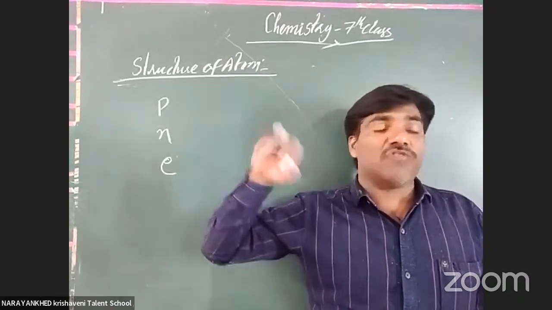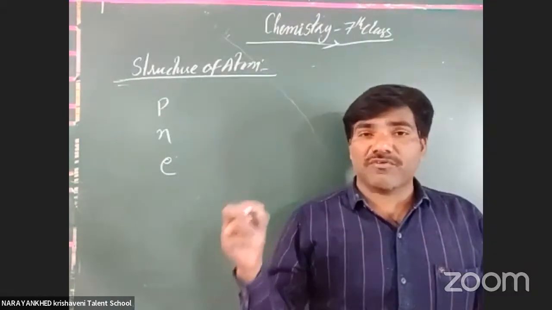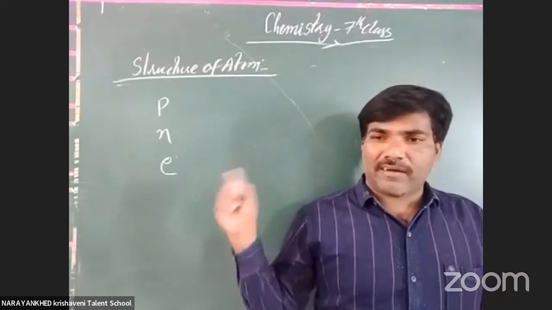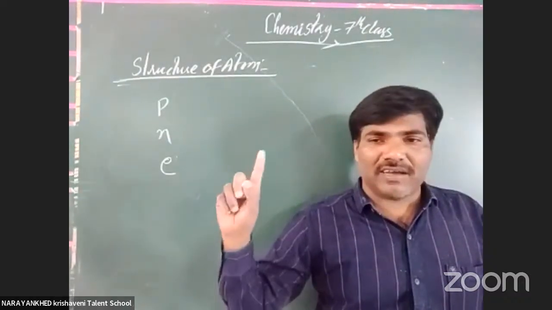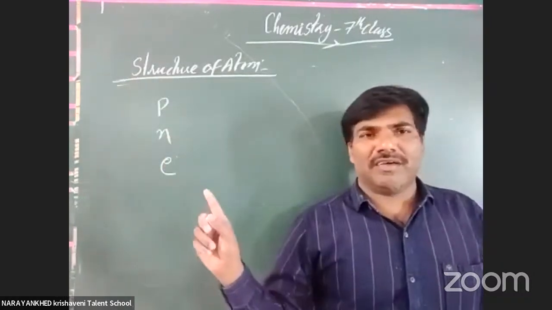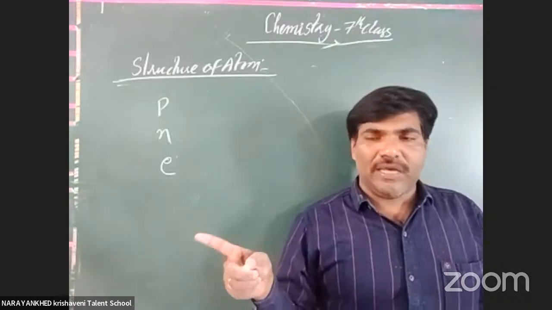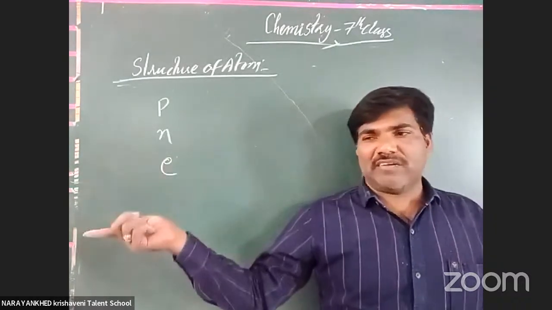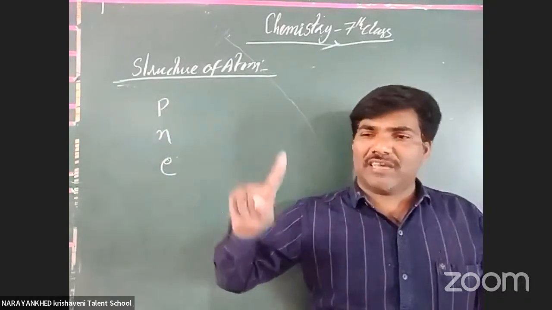It will not be possible to see them even with an electron microscope. Okay, clear or not? That much small things. The proton, electron, and neutron do not change their nature. In any atom they will be there. Suppose in hydrogen, the proton contains the same nature only. The electron also contains the same nature. The electrons in oxygen also contain the same nature.